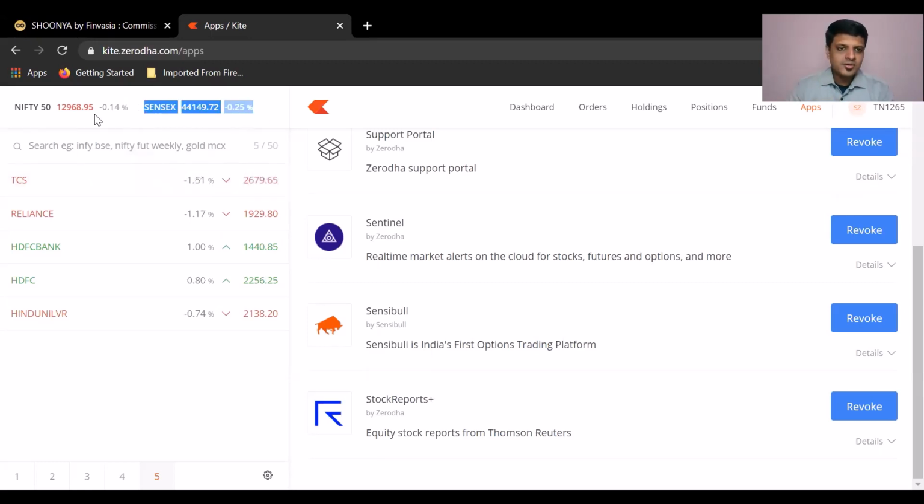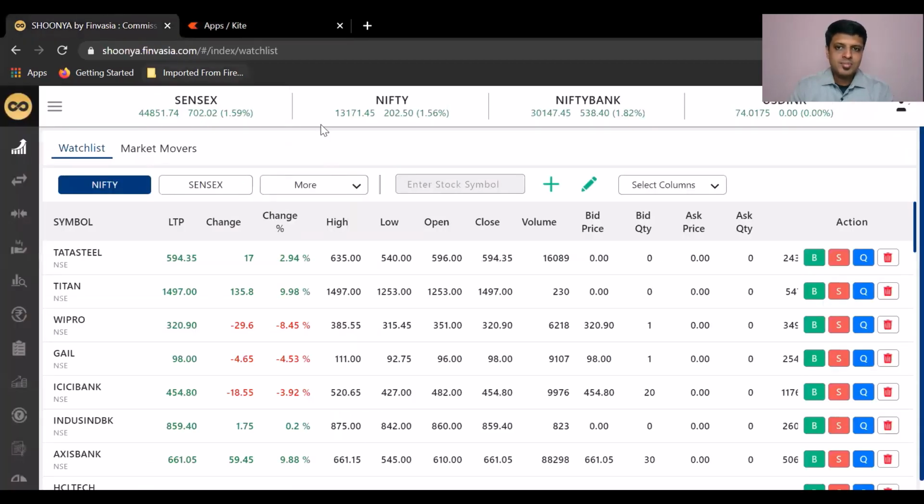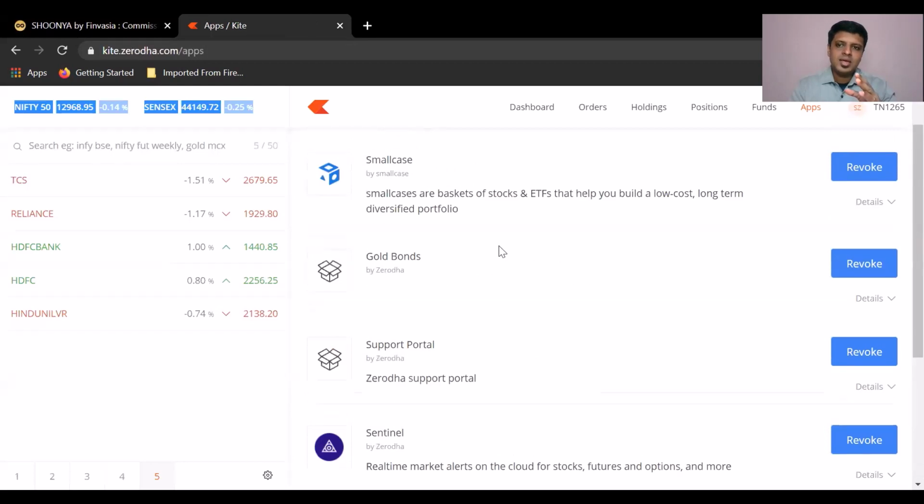Now something else over here, you can only see the Nifty 50 and the Sensex on Kite. But here you can see Sensex, Nifty, Nifty Bank, and USD INR. So extra points there for Shoonya once again. And of course, the key for me, especially in terms of my investments, is the zero brokerage. So overall, I think if you look at the numbers, we probably had given